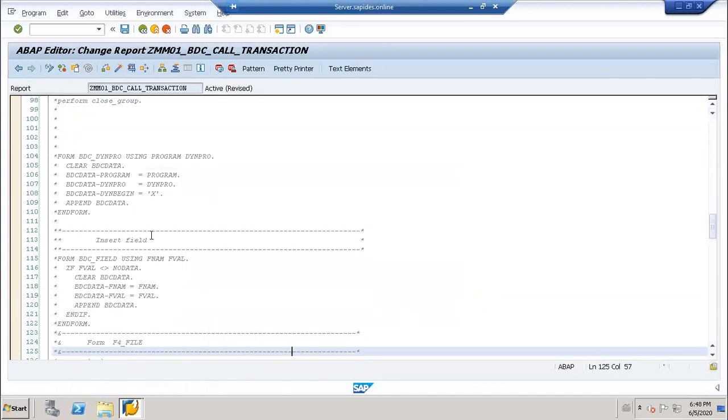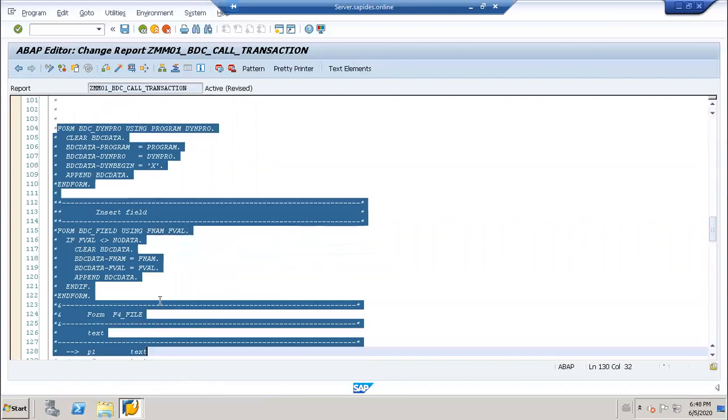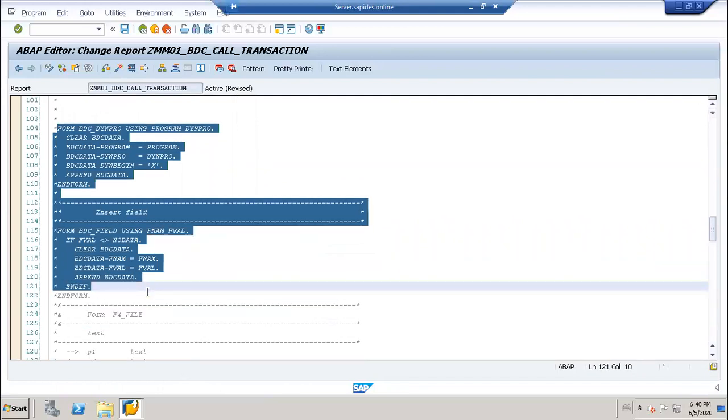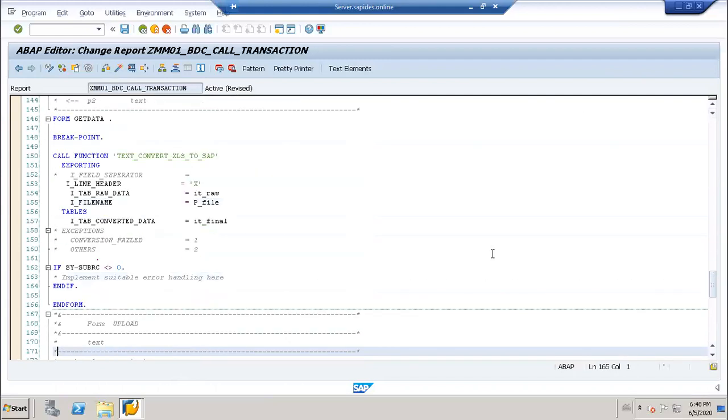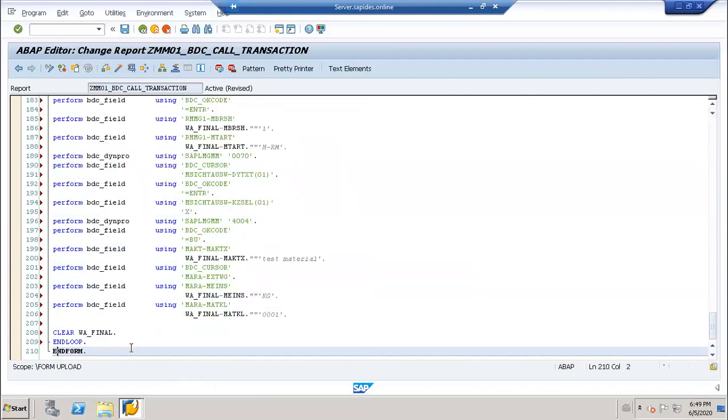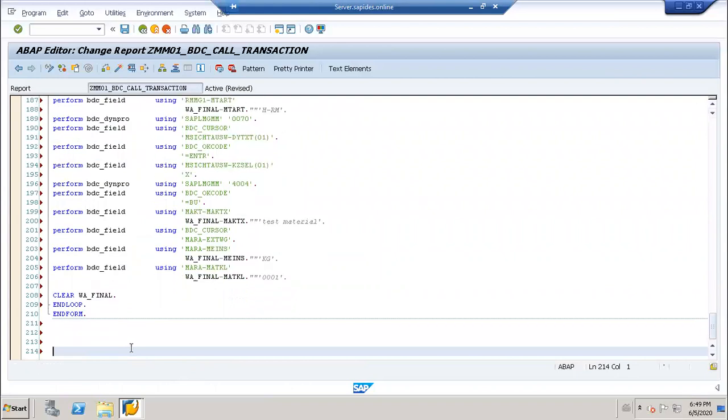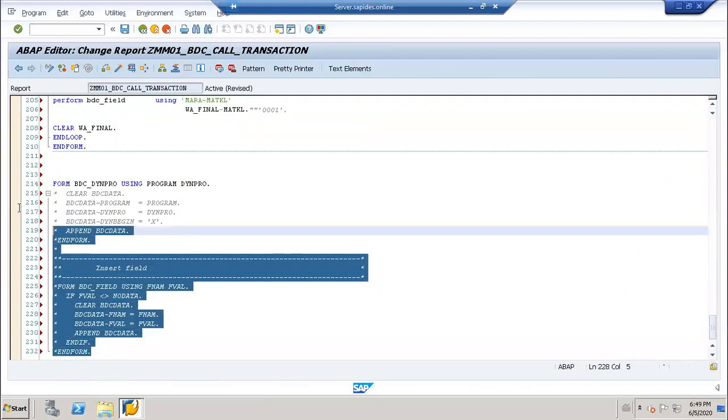These two portions you need to bring at the end. Just uncomment this. Okay.